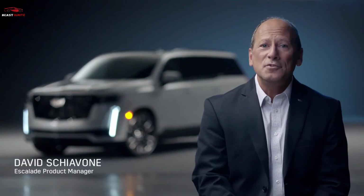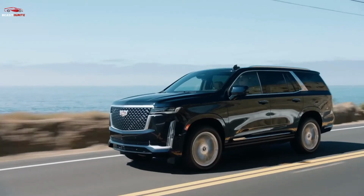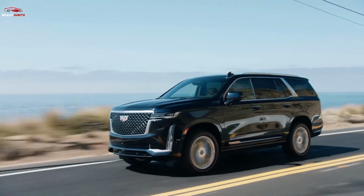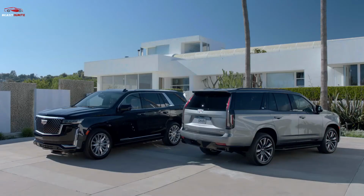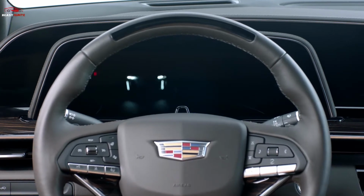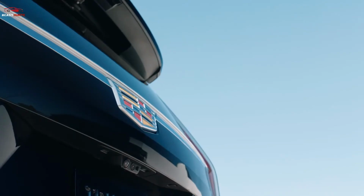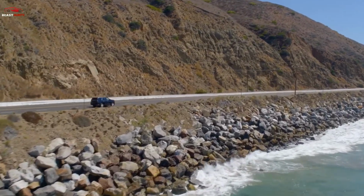Hi, I'm David Schiavone, Cadillac Escalade Product Manager, and I'm here to walk you through some of our favorite features of the all-new 2021 Cadillac Escalade. The Escalade is all about bold, powerful style and groundbreaking innovation. It's next-level technology paired with an extraordinary attention to detail and craftsmanship create a feeling you can only get from